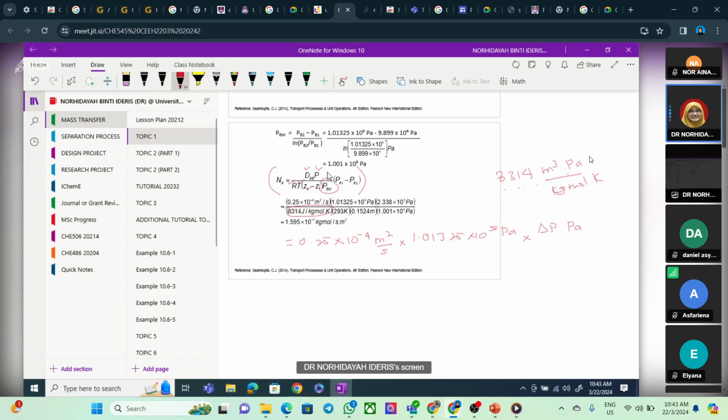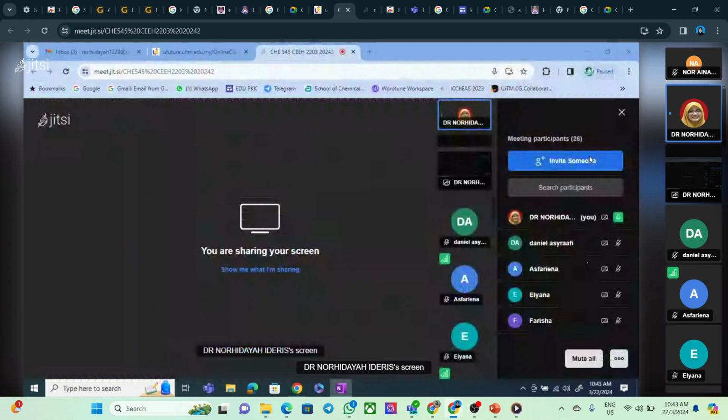Sorry, bukan total pressure. Pressure difference. Alright, and then kita ada apa? Darab dengan 1/8314 meter kubik Pascal per kilogram mol dot K, and then darab dengan 293 K, darab dengan 0.15, darab dengan